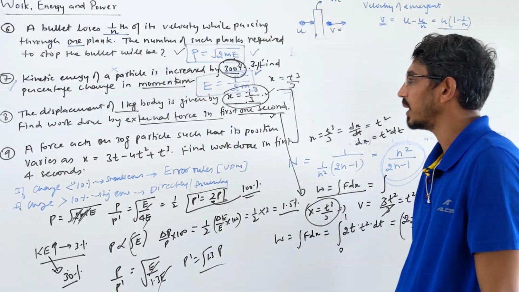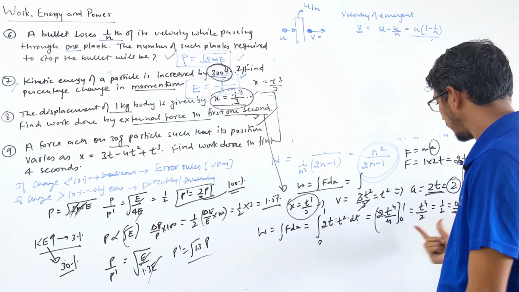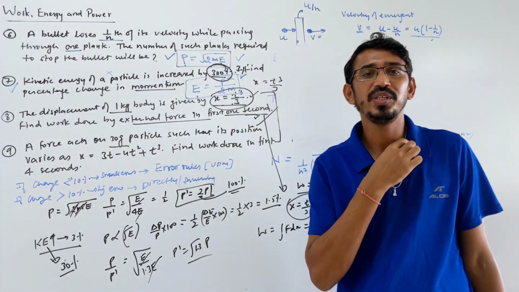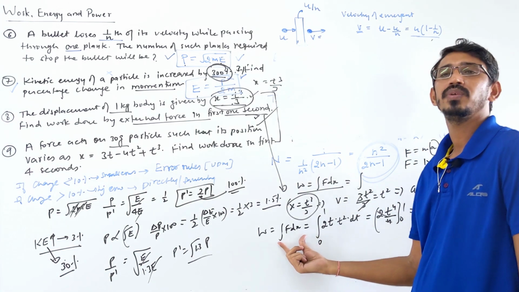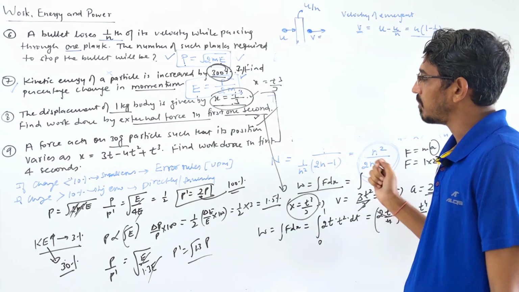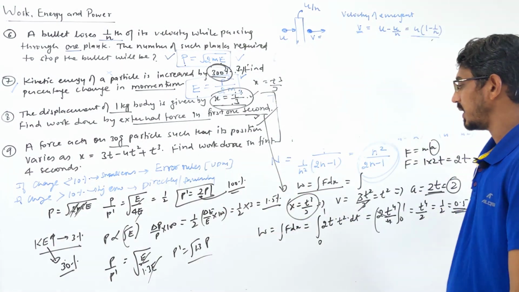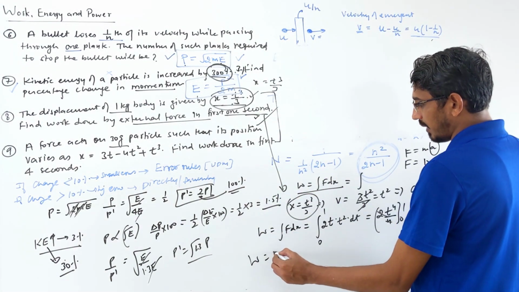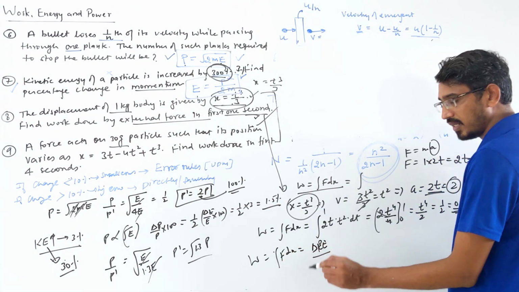Displacement is varying. Now suppose you think this method looks a little complicated, you cannot do integration, and you want a simple method. So this was from the work and force definition, right? The same question we will now answer using the work energy theorem, so that becomes very easy. The work energy theorem says that work is F dot dx, but it is also equal to the change in kinetic energy, yes or no?